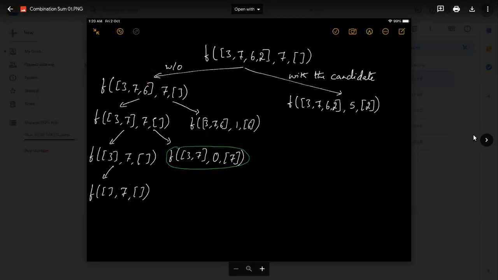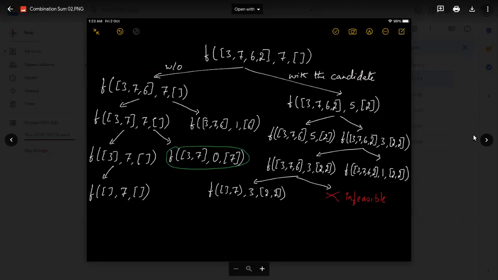And if you come on the right side, let me explore that. What could happen? I considered again without this last element, so that last element is not chosen, and with the last element, there are 2 instances of 2. Still I have the whole candidate set, because I don't know how many 2s are needed for this, but the target is reducing at every step. So if you go further down here and try to choose one more 2, what's going to happen is, in this path, I made a mistake here. There is one more 2 here. So the partial sum is going to have 3 2s, but the target is reduced to 1. And if you go further, you are not going to get any solution.